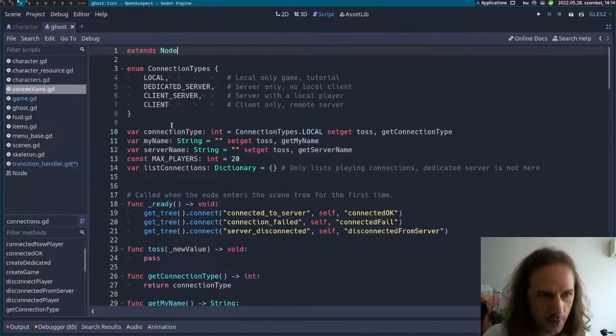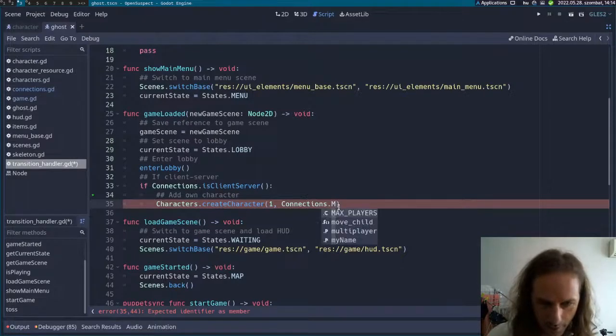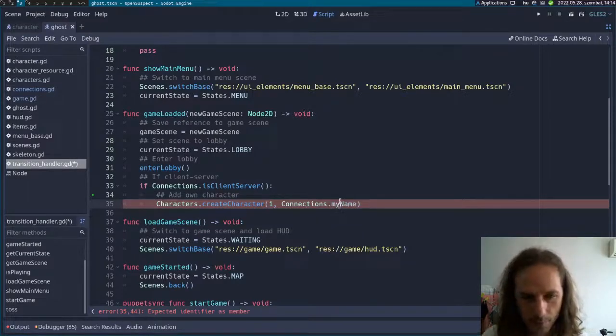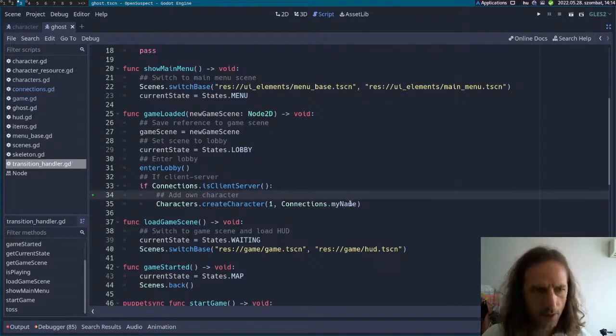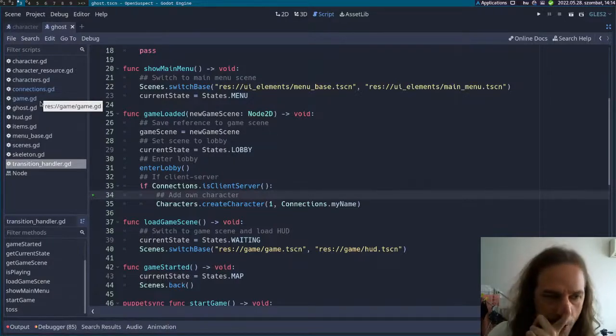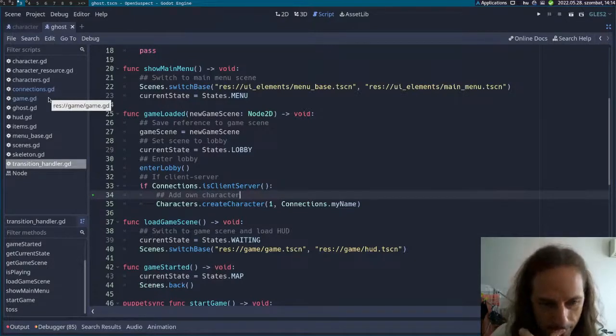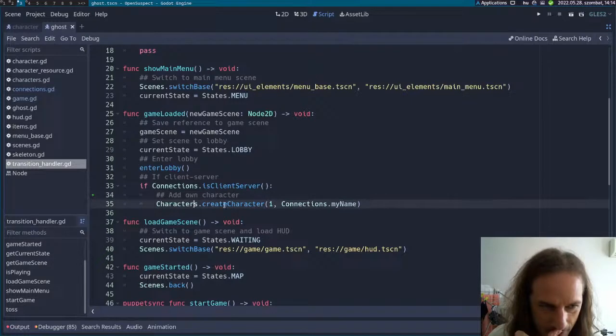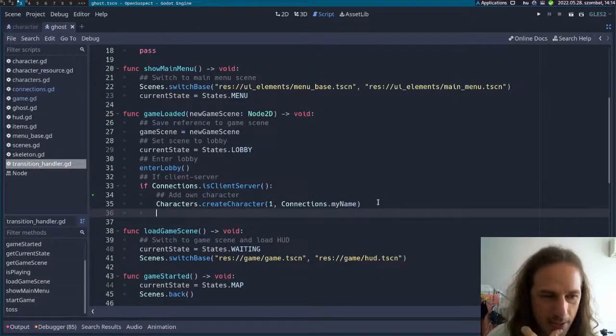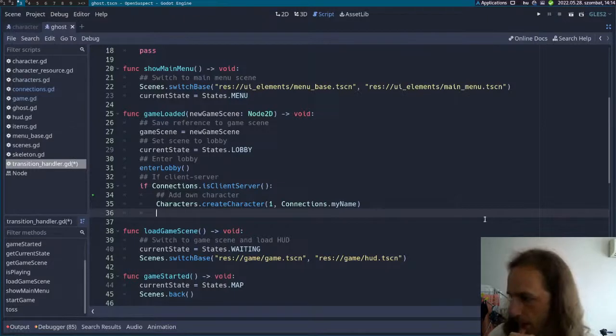Let me open connections. I guess my name is a valid thing here. My name. All right, other places. What we can do actually, with this, is just remove all the player characters, and we still have to add the